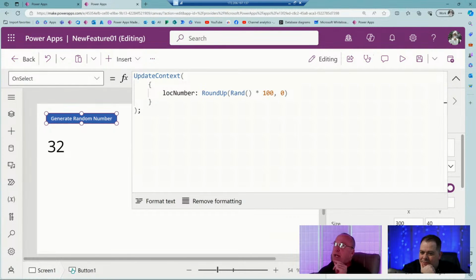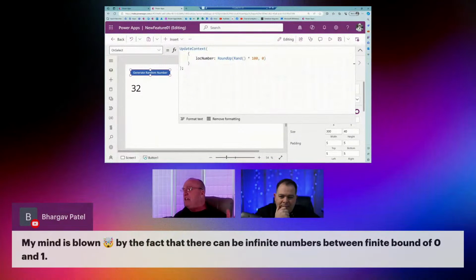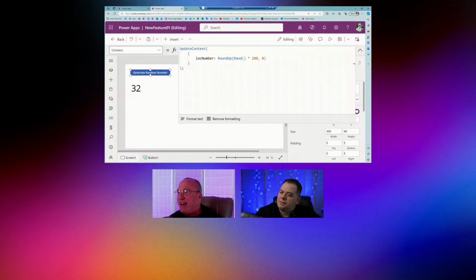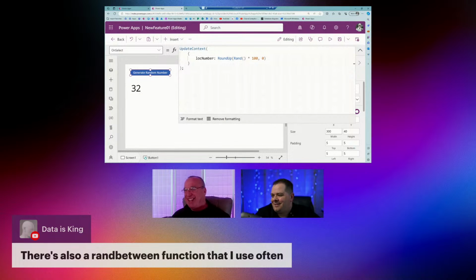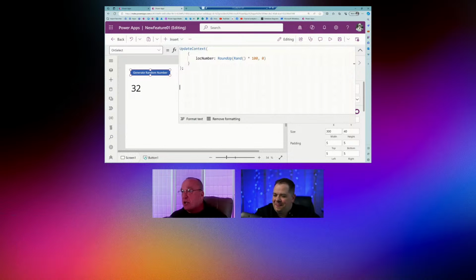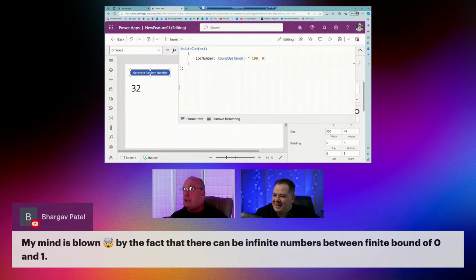See, some people like to use RANDBETWEEN, but I don't like to use RANDBETWEEN. I like to have control over my stuff. It just comes back to, I don't like to use other people's functions. I want to make my own. I find it's great because you understand them. Well, I know it. I wrote it. Of course I understand it. But you're right, Darren. That's exactly right. When you're learning it, learn it this way. And then you can go out there and now you know how RANDBETWEEN works, right?